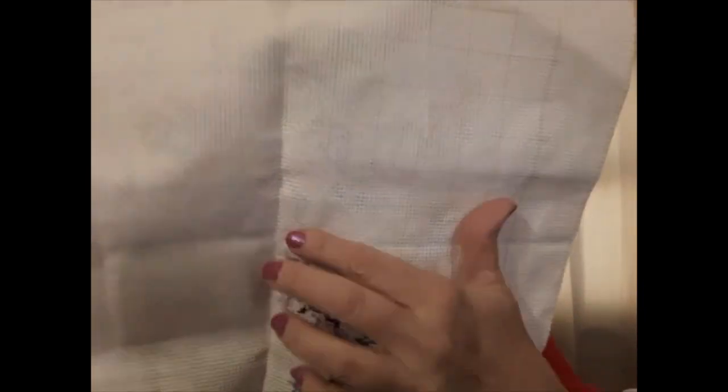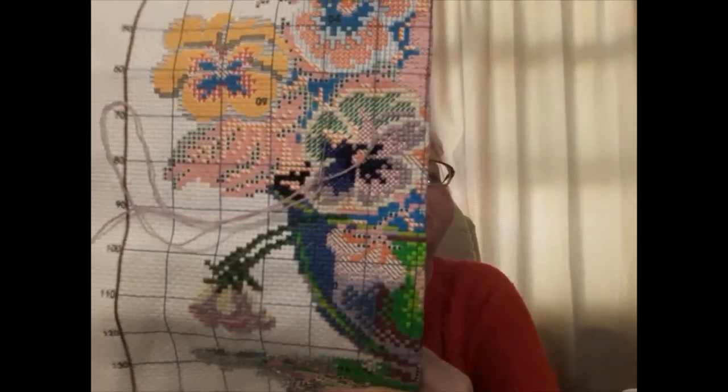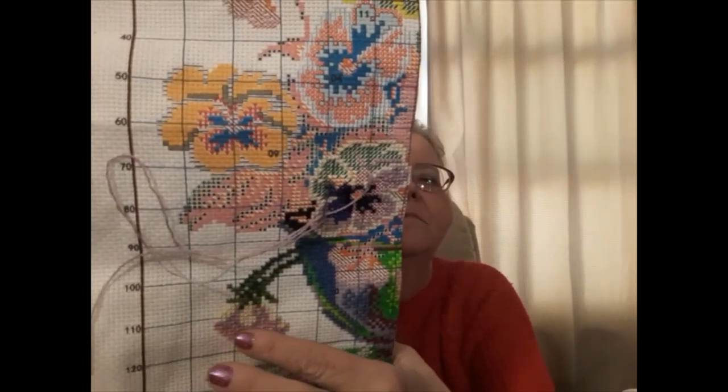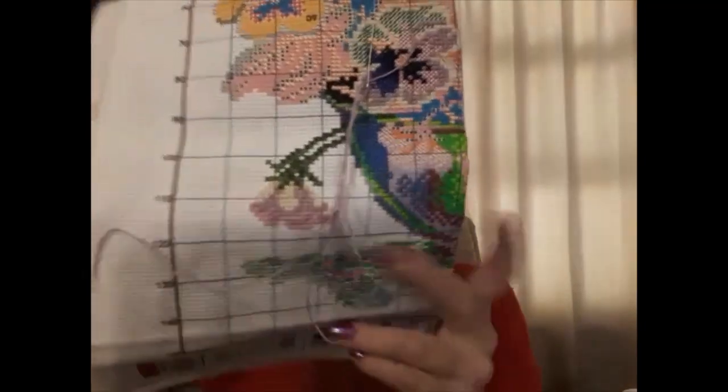This is a Joy Sunday, and it's called 6 Color Flower. Okay. And it is 40 by 44. It's an 11 count. So I worked just a little bit on this pansy right in here. Let me show you the back. So, there. It's starting to get its purples in there. But I've got most of that, except there's a hole there. And then I need to finish part of this. And I've got some of the